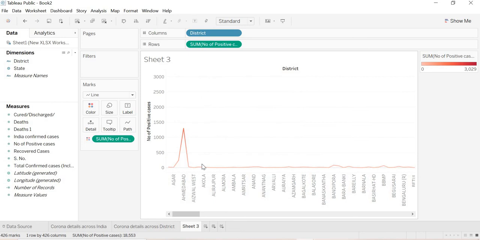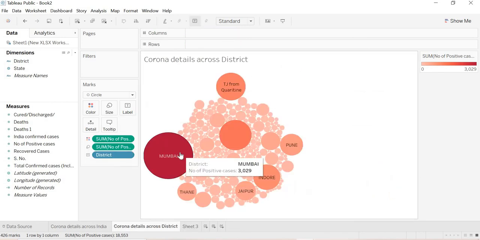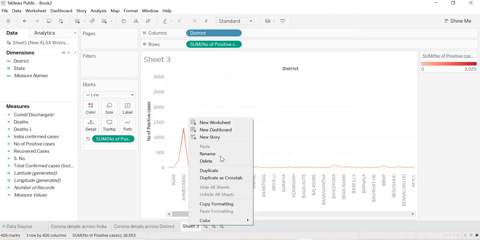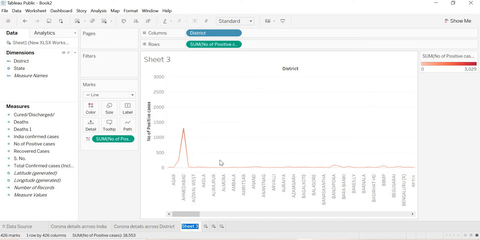We'll click OK. We got this result. The darker the red color, the more positive cases. Okay, so we'll rename this sheet as district details. We'll make one more sheet.